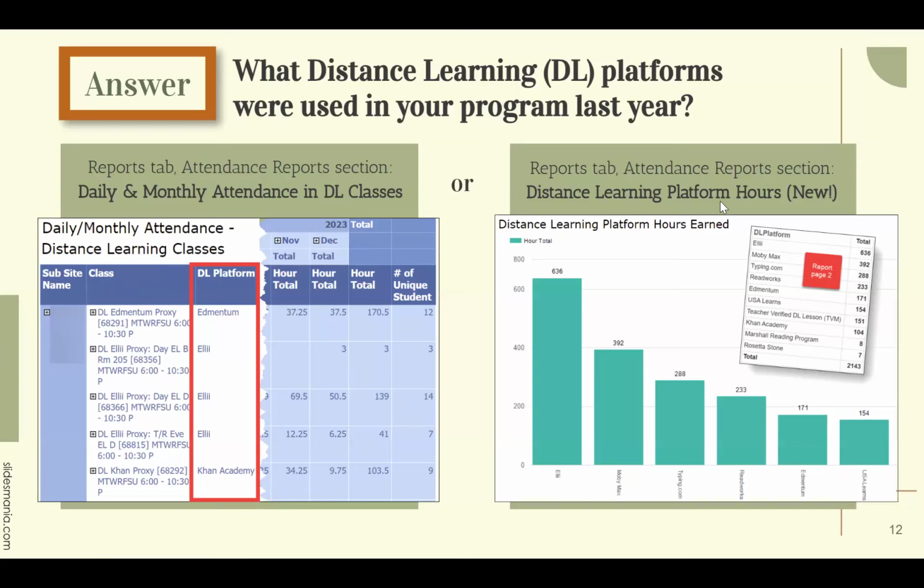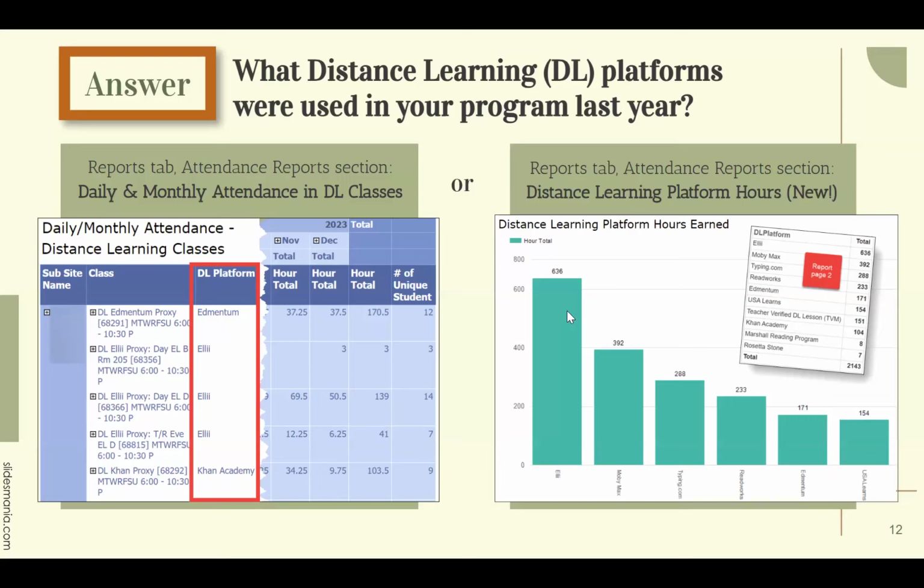Now we also just added, like I keep mentioning, a new report that I think is quick and easy. And that is called the Distance Learning Platform Hours. And that runs a beautiful little bar chart. And this is one, if you run it right now, especially if you're a small program, it's going to default to July 1st to now. You might not have hardly any hours. So maybe you want to change those dates to last year's hours, last year's date range, and then you'll get probably a better